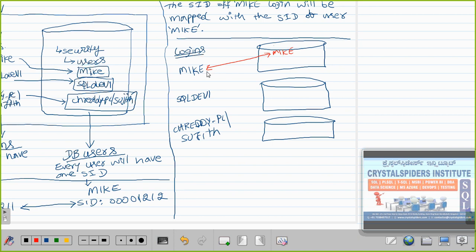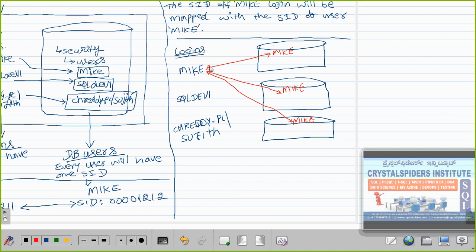The same mic, I am going to grant access on this database also. Then he will get one more user here, mic, and this login will map with this mic. The same thing here, I will get one more mic. One login is mapping with multiple users, but these users are from different databases.